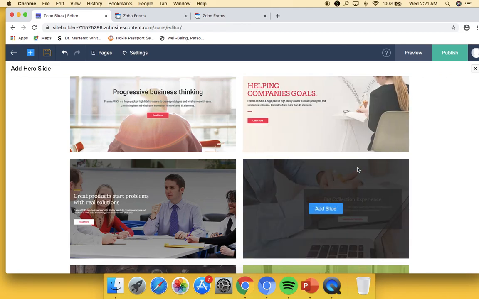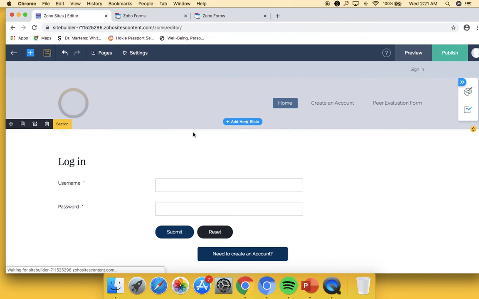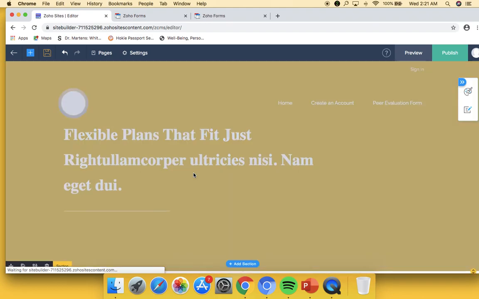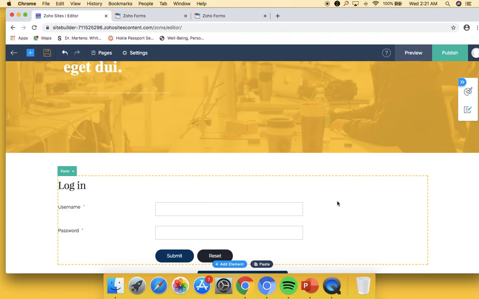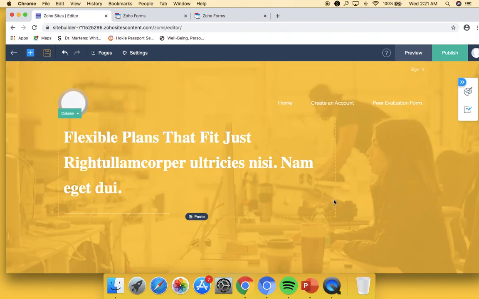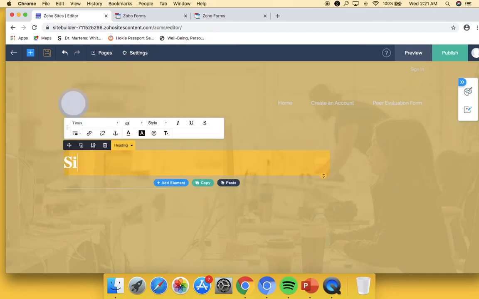Yeah, here's some examples. Loading. Alright. So it gives more of a, I don't know, you can make your website look better. So I'm going to go ahead and delete this and say Singapore